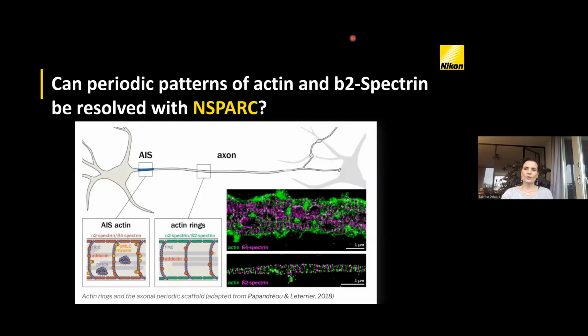We also had the chance to collaborate with Christophe Leterrier on another sample. Christophe is the director of a Nikon Center of Excellence and an expert in super resolution. The question we wanted to assess was whether the NSPAC can resolve the actin rings seen with super resolution techniques. Indeed, one remarkable discovery of super resolution microscopy has been the periodic actin-spectrin scaffold along the axon,